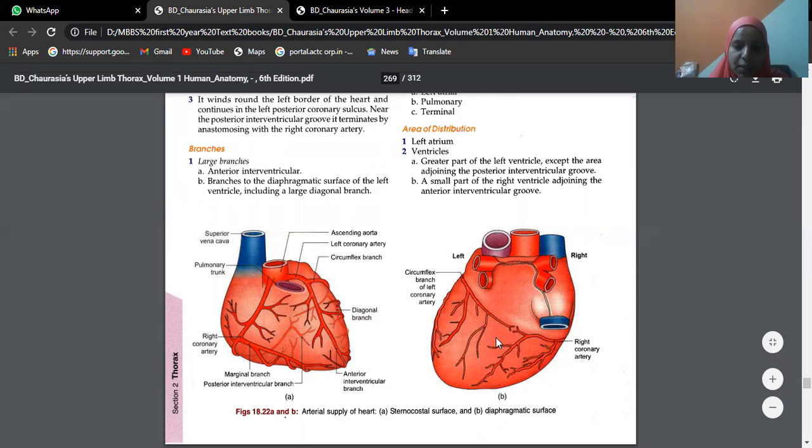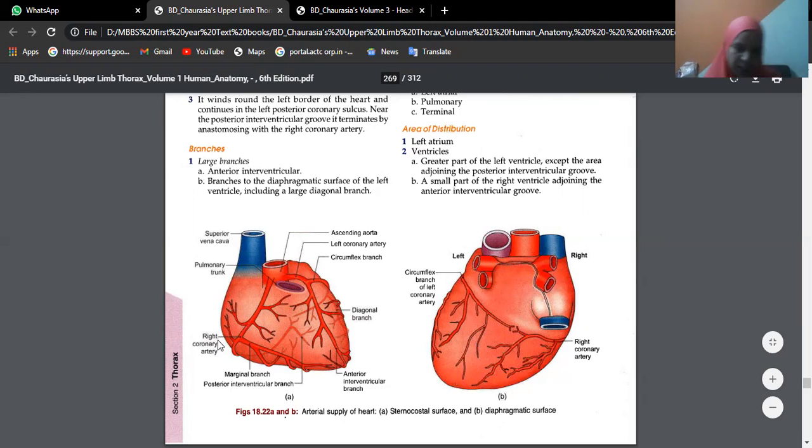Between the two ventricles, this is the sulcus we have. You call it the posterior interventricular sulcus. Similarly, between the two ventricles in front, we have the anterior interventricular sulcus. Now you are seeing right atrium, right ventricle, left ventricle from the sternocostal aspect. And from the posterior or diaphragmatic surface, we are seeing four chambers: right atrium, left atrium, right ventricle, and left ventricle. How to identify the left atrium? You have the four openings: these are two pulmonary veins, these are two more pulmonary veins.